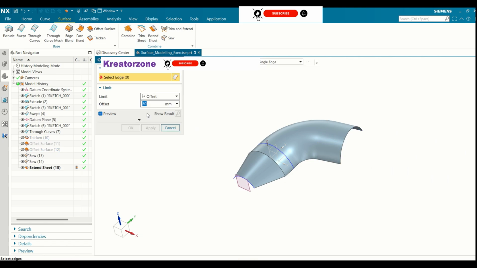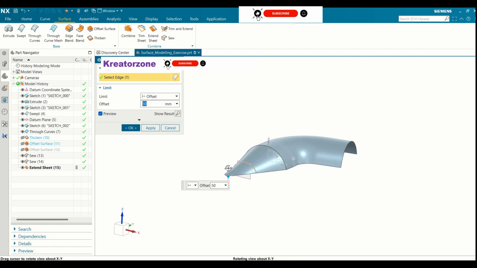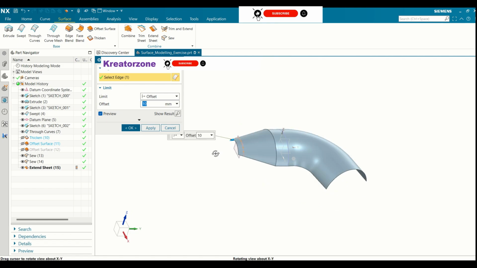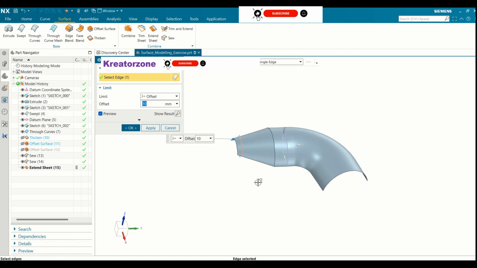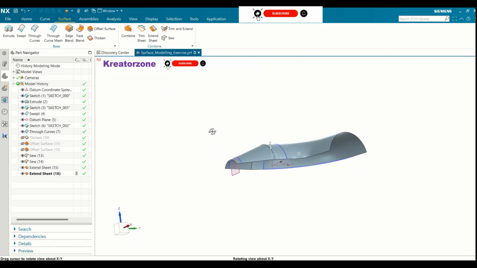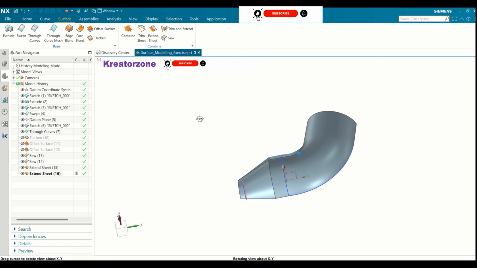You can also create an extension to curved surfaces as shown below. I'm going to reduce the length. It's going to follow the same path as the original surface. Click OK, exit, and you can see